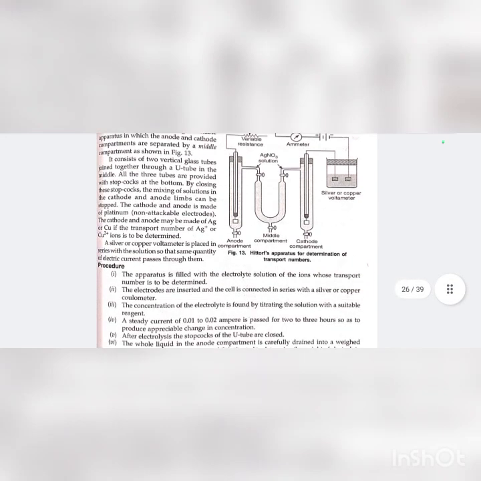It consists of two vertical glass tubes joined together through a U-tube in the middle. All three tubes are provided with stopcocks at the bottom. By closing these stopcocks, the mixing of the solution in the cathode and anode limbs can be stopped. The cathode and anode are made of platinum, which is a non-attackable electrode. The cathode and anode may be made of Ag or Cu if the transport number of Ag positive or Cu positive ions is to be determined. A silver or copper coulometer is placed in series with the solution so that the same quantity of electric current